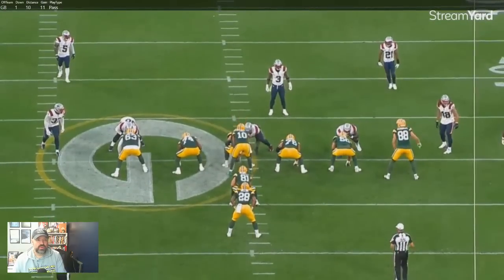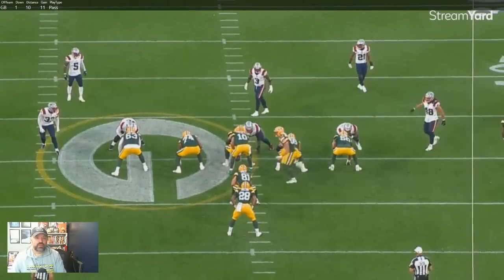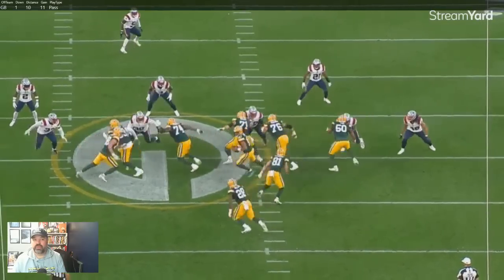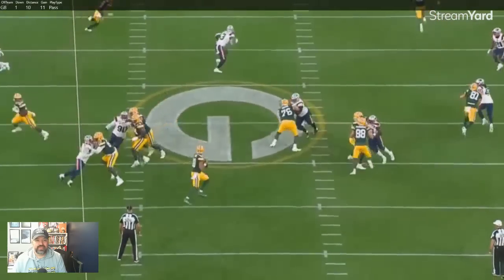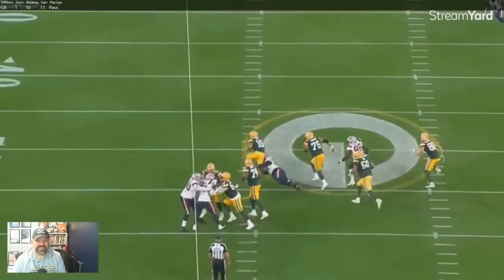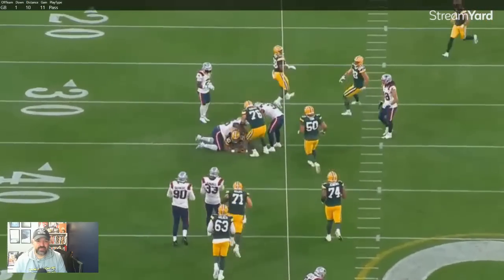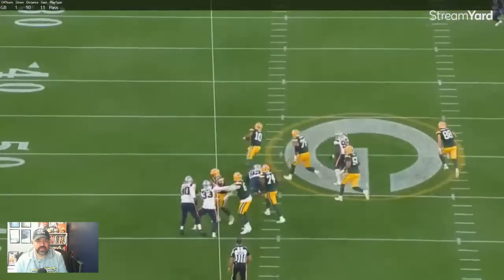There we go. Pass play again. Love still in the game at this point. I've got my notes on this one, just say buried. As you can see, locked up. Bring that man to the ground. So look at again, this is the Love scramble where he gets hit and starts chirping a little bit. But we'll look at